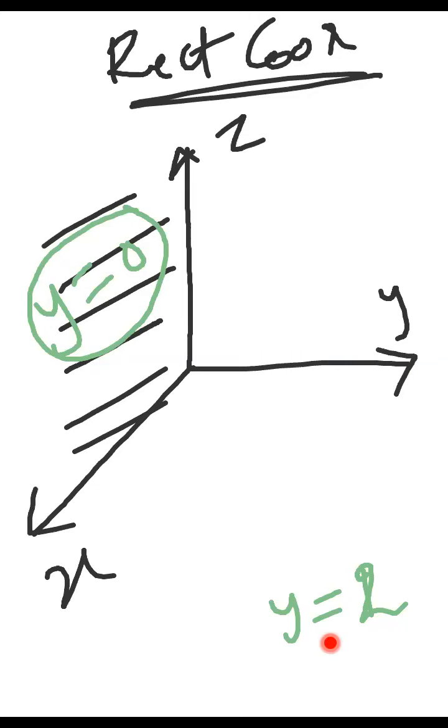Here y is 0, so x can be anything and z can be anything. That is the understanding. Please remember that I have shown you only this way, but it is extended into the minus domain also. If I draw that, it will confuse you, so I am not drawing it. This infinite plane extends from z minus infinity to z plus infinity and from x plus infinity to x minus infinity.